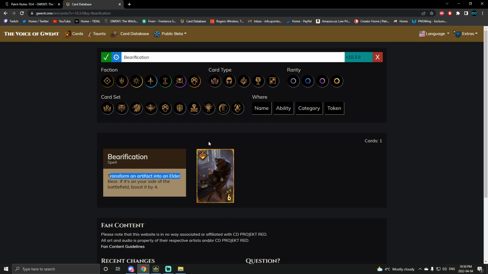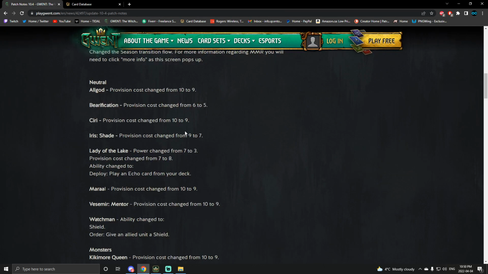I think Geddoneth would be a good trade. I think in some cases Mushy Truffle would be a good trade, right? Masquerade Ball would be a pretty good trade, but some of the other ones, I don't know. You know what I mean? But that's that. So Siri provision cost changed from 10 to